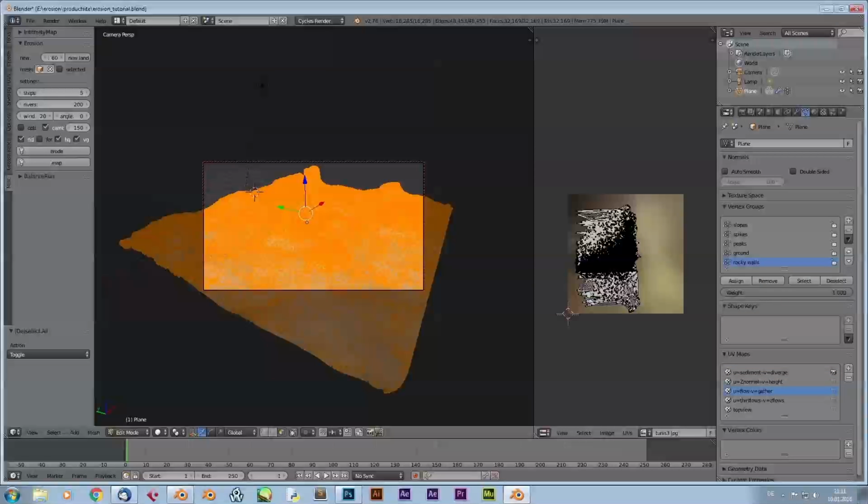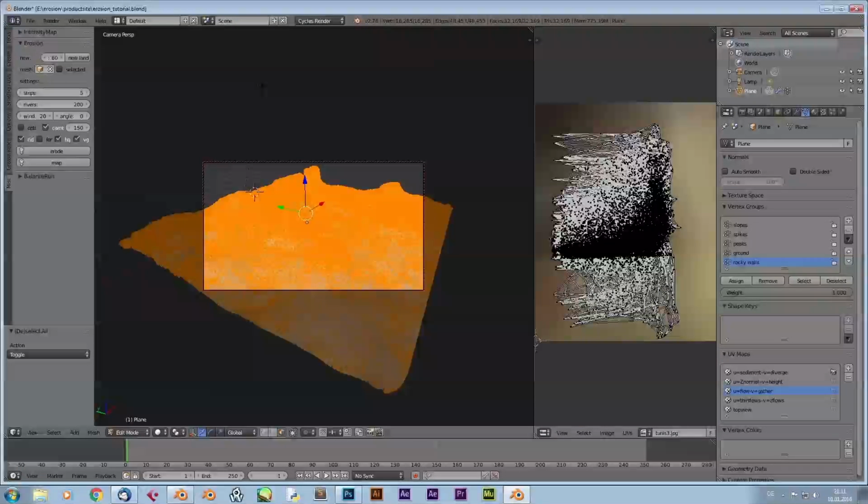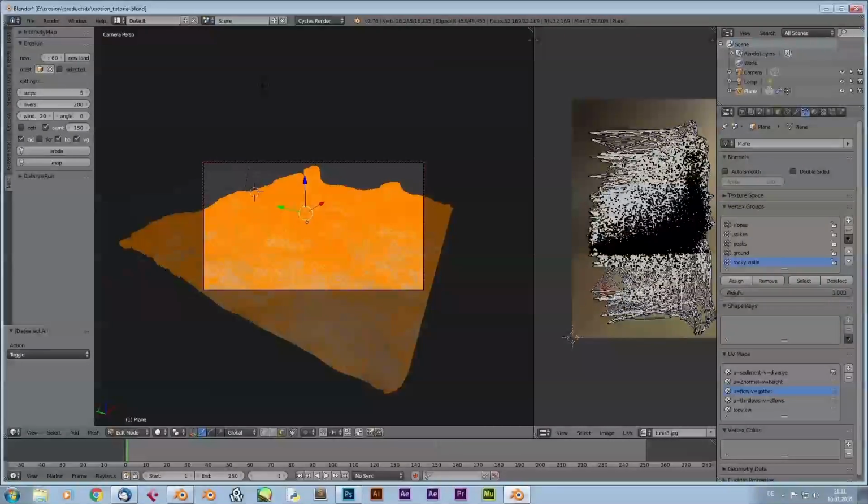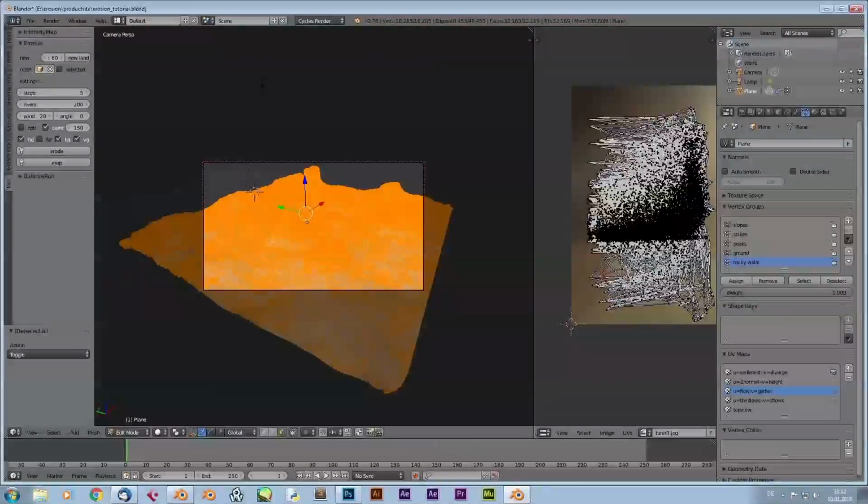If I choose the U flow V gather, I get a structure which looks like it's very random, but actually each vertex is being precisely calculated along the x-axis, which is the amount of flow a certain vertex is going